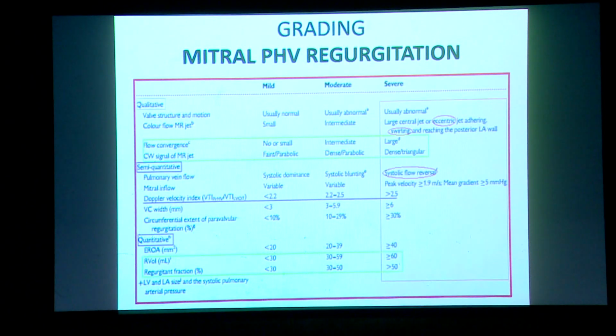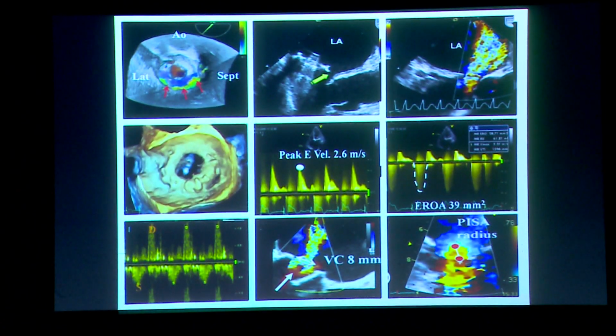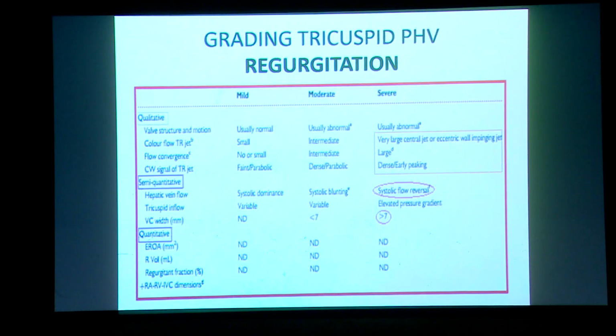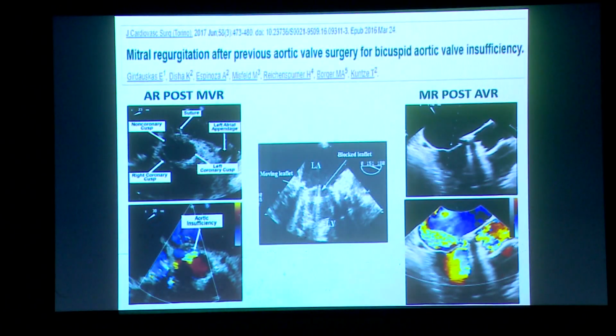There are hydrodynamic profiles. If you see central regurgitation here, you can apply the vena contracta and EROA. On the left-hand side, these are all showing paravalvular regurgitation, like this 3D image here. In the pulmonary, there is flow reversal in the Doppler pattern here. The tricuspid valve similarly, these are the obstructions you can see. You evaluate the gradients in tricuspid and pulmonary regurgitation to evaluate whether the stenosis is severe or not.